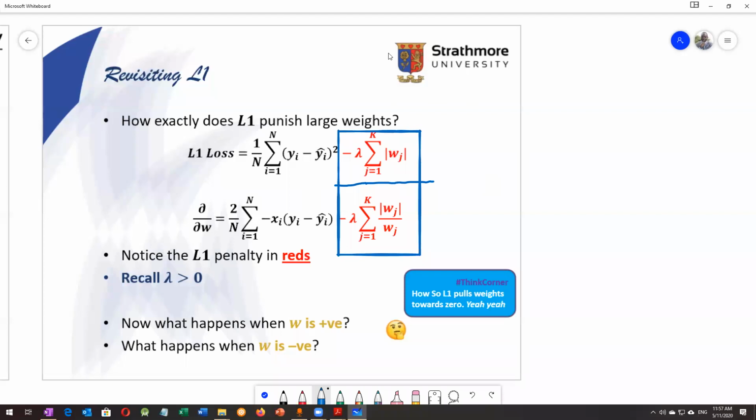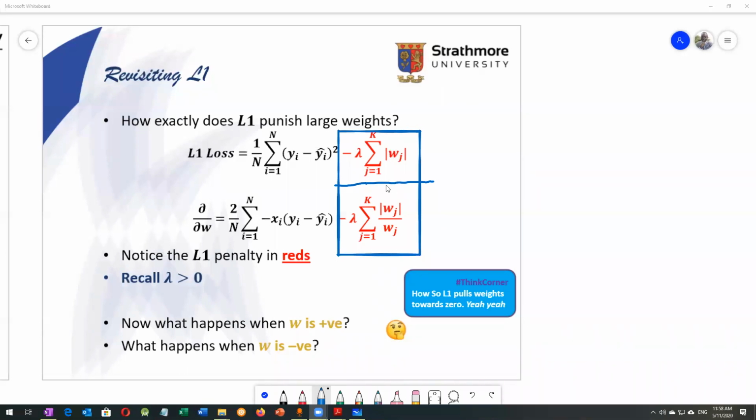How does it actually do it? So the key thing here is that we say that lambda is a hyperparameter, and it is going to be set later. From Friday, we will learn about hyperparameters. So now we want to ask ourselves, how actually does this L1 punish